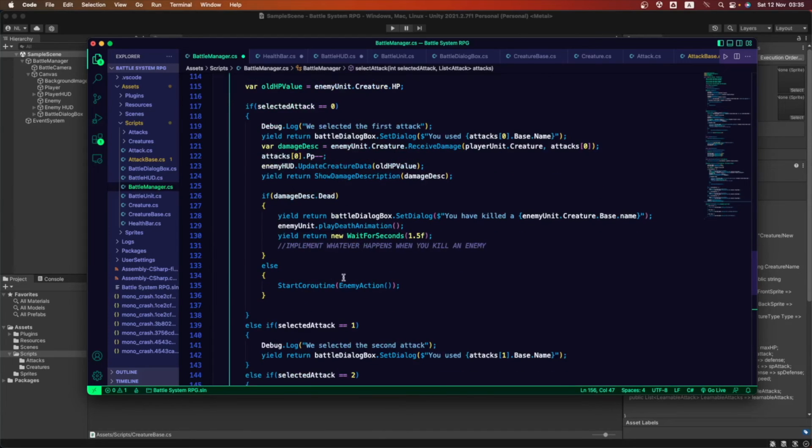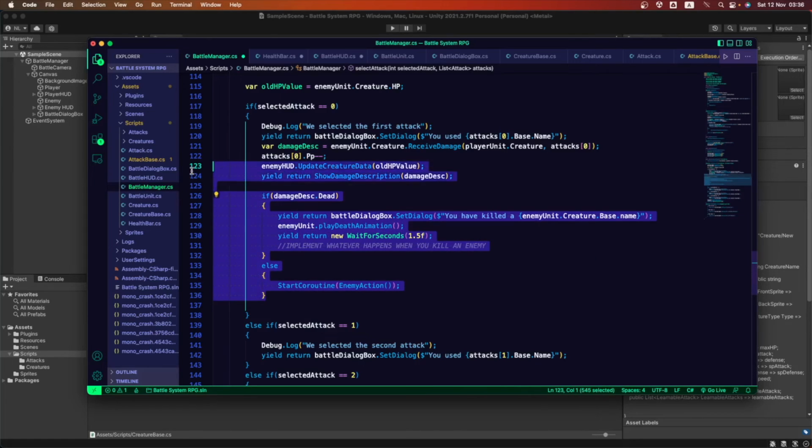We want to know when we are going to call that. To make things shorter, we're going to select all of this. Make sure you select it up to the damage desk one. Do not select the one that already had the message for the attack that we use.